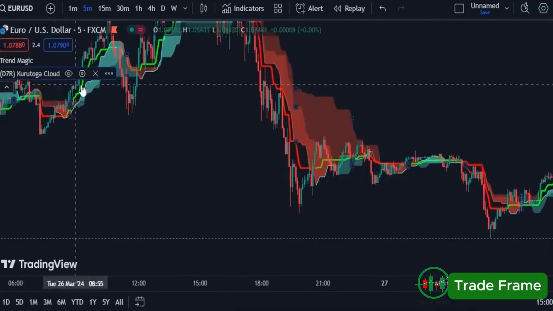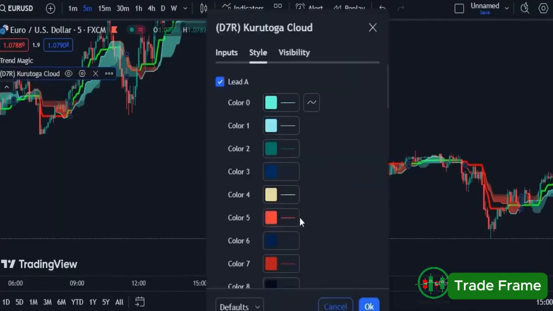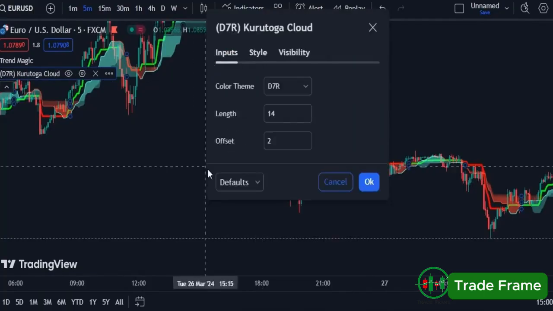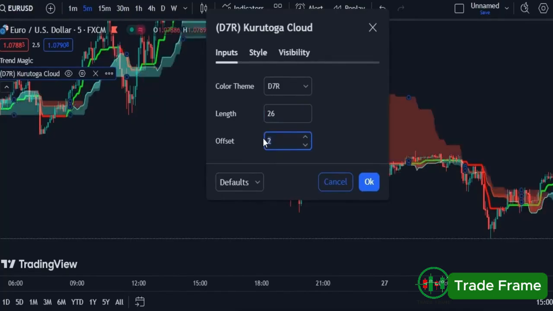When we enter the settings of this indicator and go to the Input tab, here we have the period set to 14. We change this number to 26, and the lower number, which is 2, we change to 1, 2. These are better settings. As I mentioned, you can also use the default settings of this tool. However, for better performance on your desired symbol, you can test these and see which one